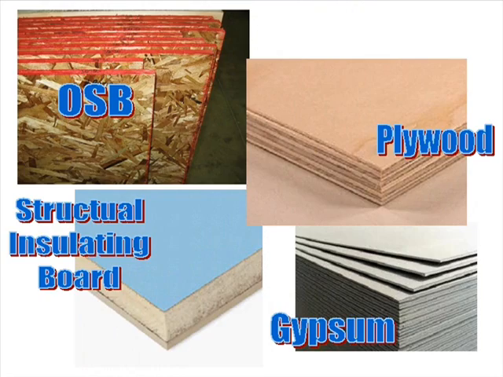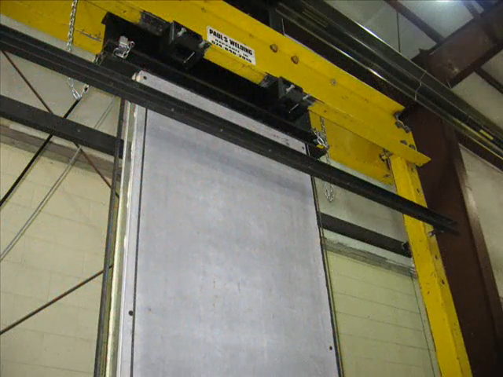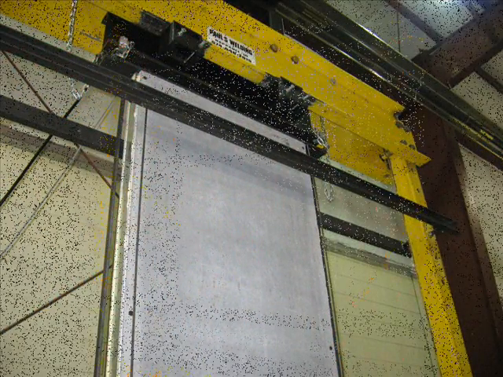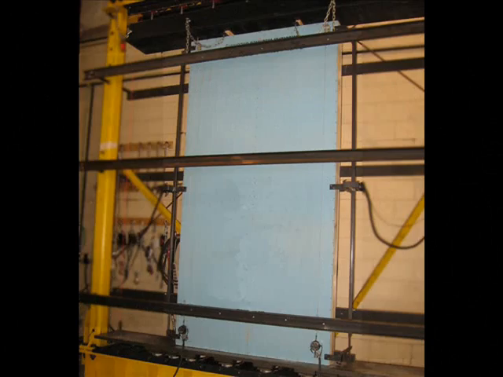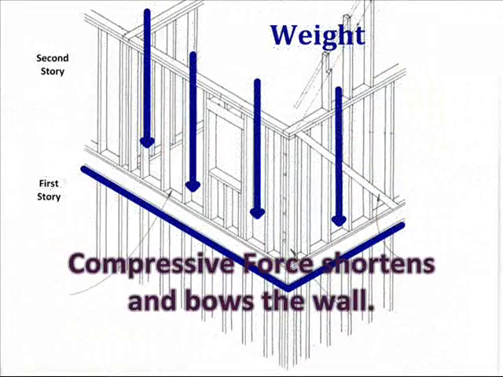Typical panel materials tested by this method are plywood, gypsum, and structural insulated board. However, any structural sheathing product, as defined by applicable building codes, may be tested to ensure structural adequacy and service life. A practical example of a real-life compressive load would be the weight of a second story on the walls